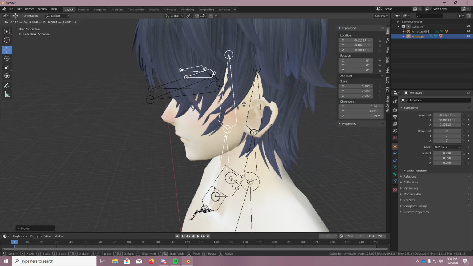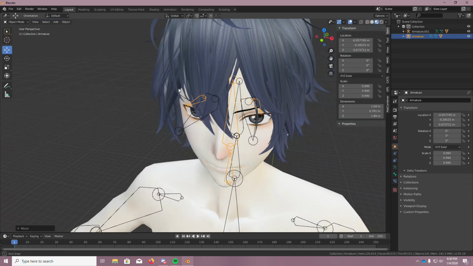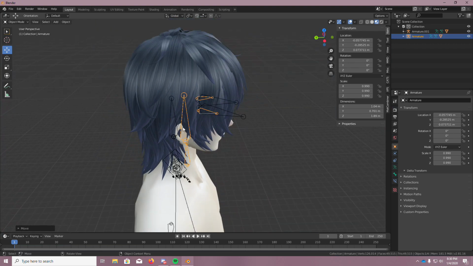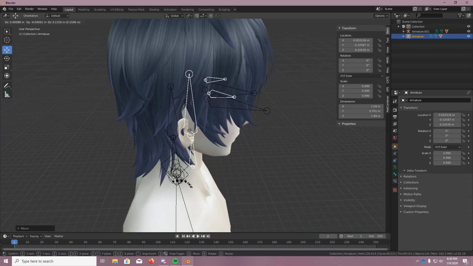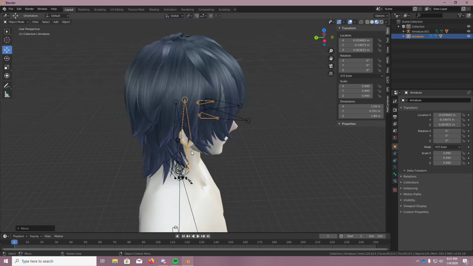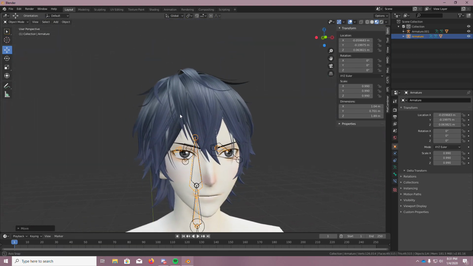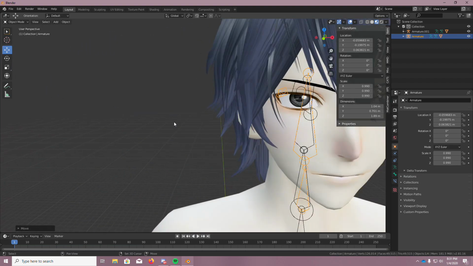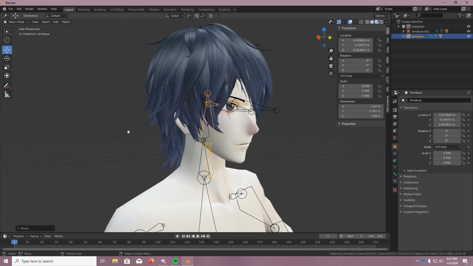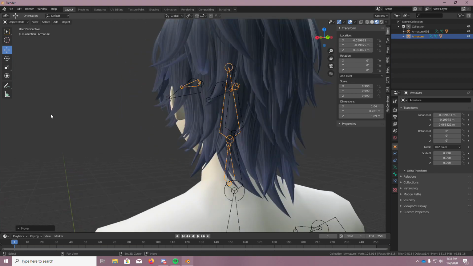You don't want to move the mesh, because if you move the mesh, then the bones aren't going to come with it, and as a result, you may have the hair not actually be connected to your head. So let's adjust it a bit more. Goodness, this is hard. Where's? Oh, there. So that's where it pops up. Okay. So let's just take a look. Shift minus to zoom in a bit more if it doesn't let you zoom in more, and then shift plus to zoom out. So this looks decent,